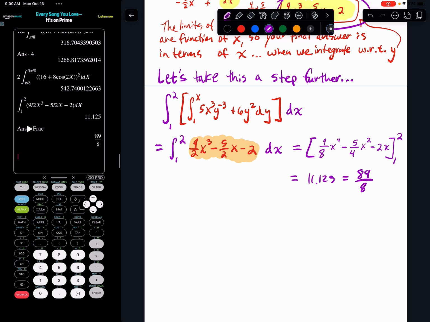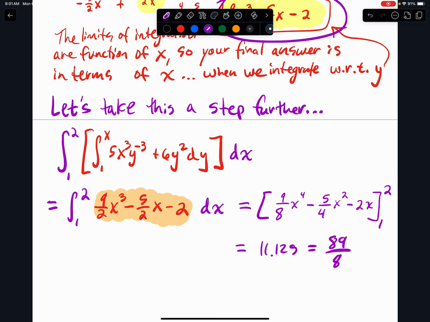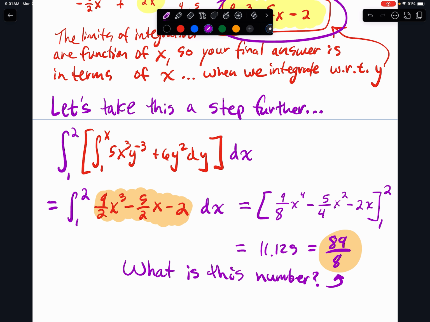All right. So the question is, what in the world is 89 over 8? What is this number? All right. What is this number? And so we are going to answer that question with the definition of the iterated integration process. And I'll do